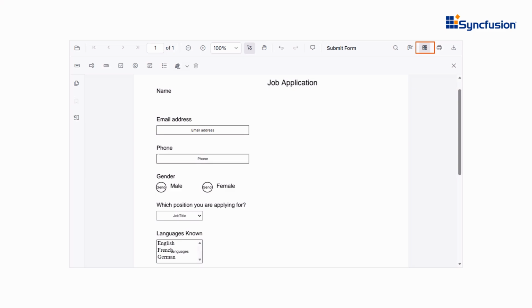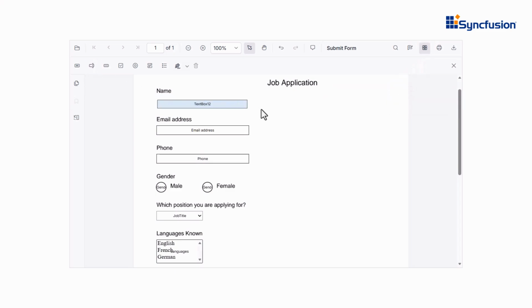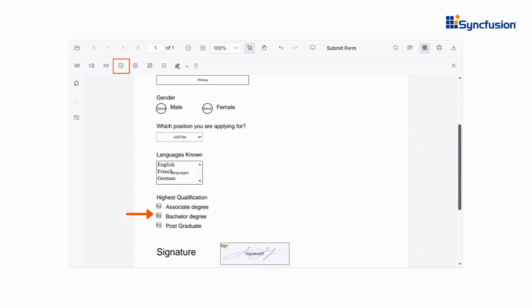Need to design interactive forms? Add the Form Designer toolbar using the Enable Form Designer Toolbar property. It allows you to insert fields like text boxes, password fields, radio buttons, drop-down lists, list boxes, checkboxes, and signature or